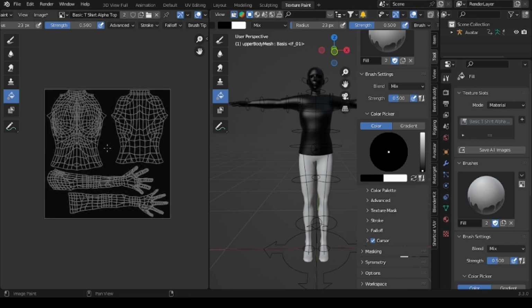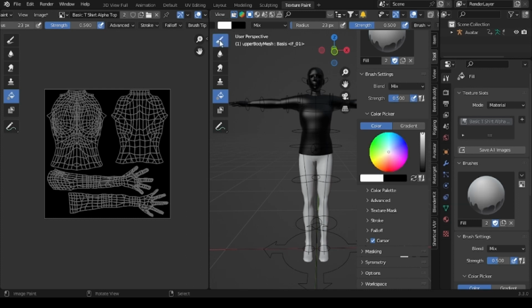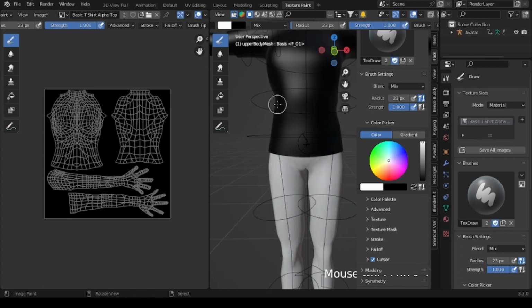And I'm just going to fill this all black. I'm left clicking, because I don't want to confuse nobody. Then I'm going to switch my paintbrush back to white. I'm going to click on the paintbrush, and I'm going to actually,